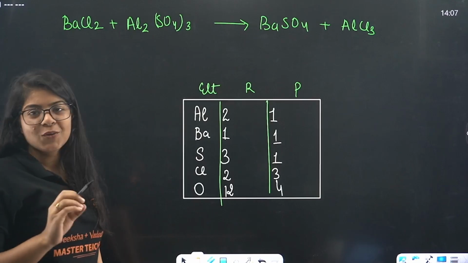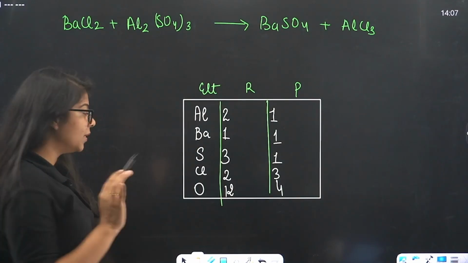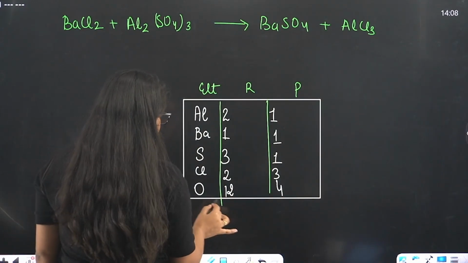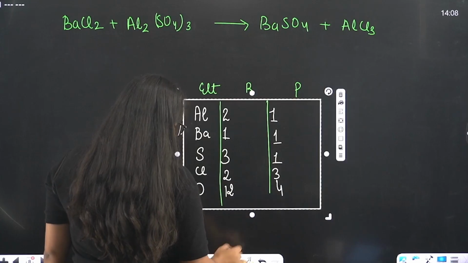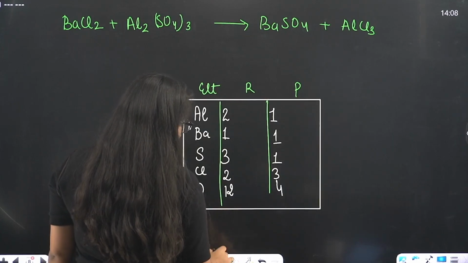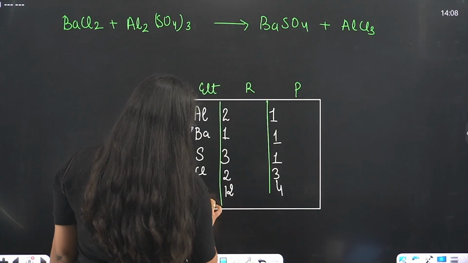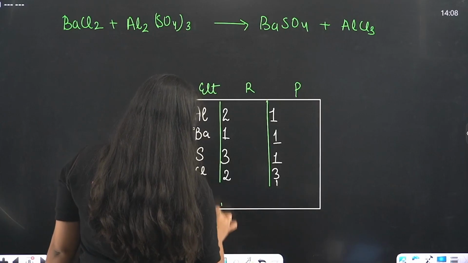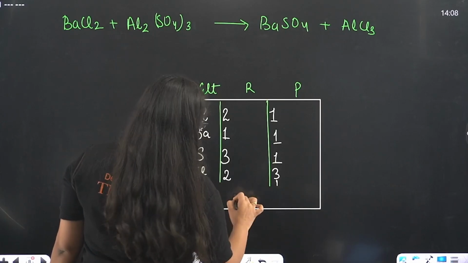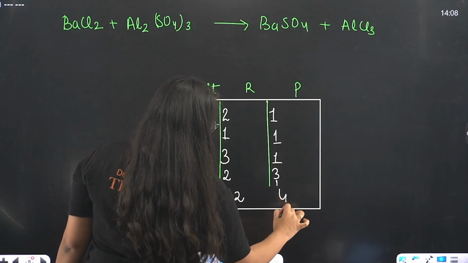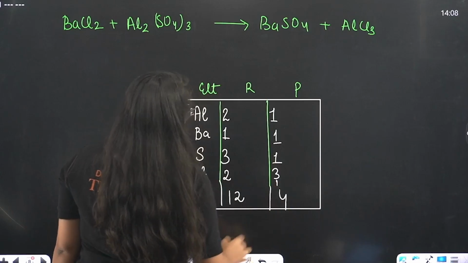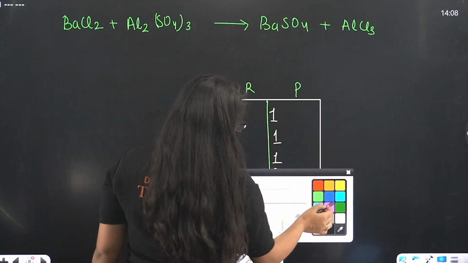I know it looks a little bit hard, but it's not that hard. You will see. Now, let me make it a little bigger. Okay, done. Oxygen is 12 and it is 4 here. Now, beta, let's see what we are going to do.